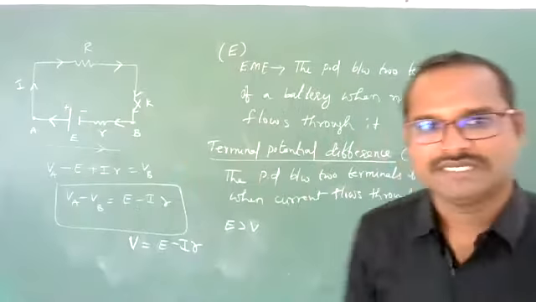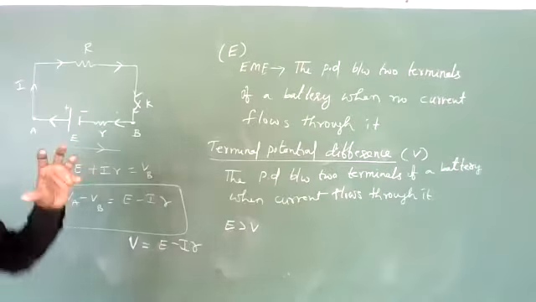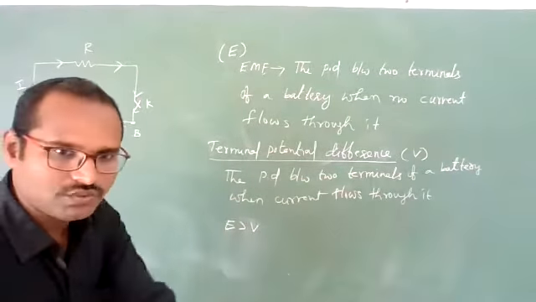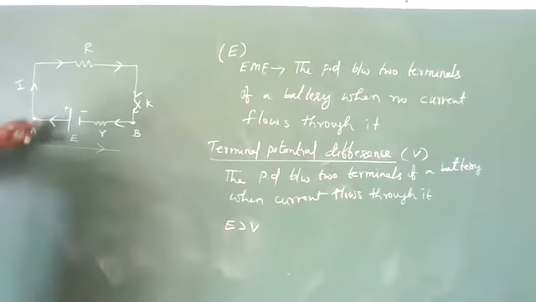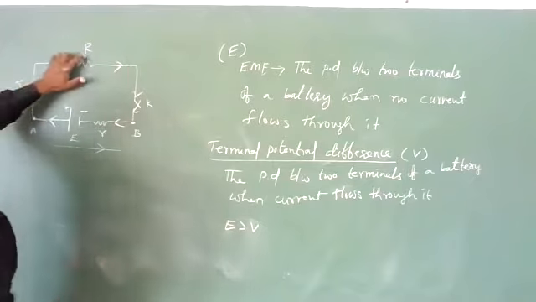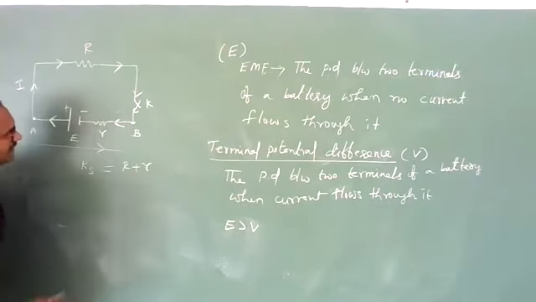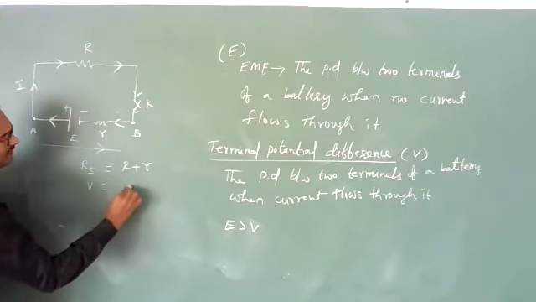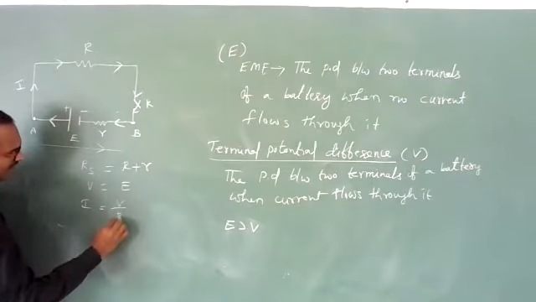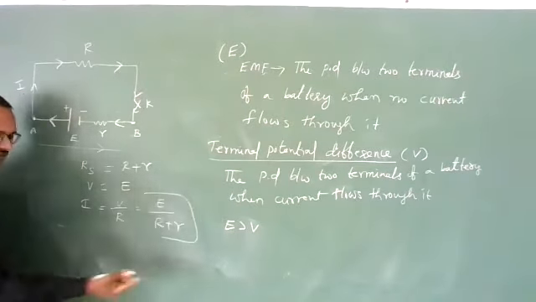Students, now let us suppose in this branch we want to find how much current I is flowing. Then what to do? A simple technique. Students, you can have different ways. See here, capital R is there, and here small r is there. How are they connected? They are connected end to end, meaning in series. The equivalent resistance in series is capital R plus small r. And what voltage is there in this circuit? E will be there. Then current is nothing but voltage divided by resistance, that is E divided by capital R plus small r. This much current is there. You can find it like this.